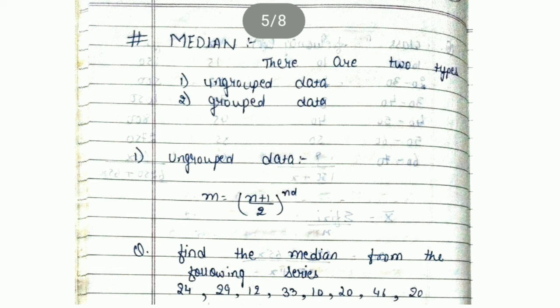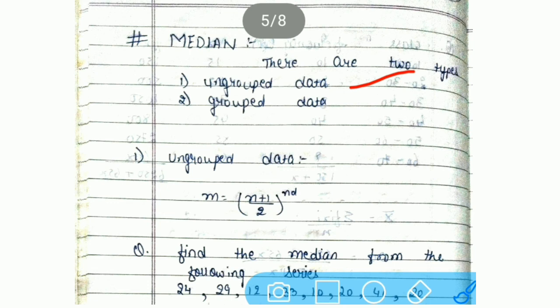It is also known as your average value. This is also one average, but this is an average which is defined from all the values after putting them into the ascending order. इसको ascending order में रखना होता है. Now again there are two types, ungrouped data and grouped data.